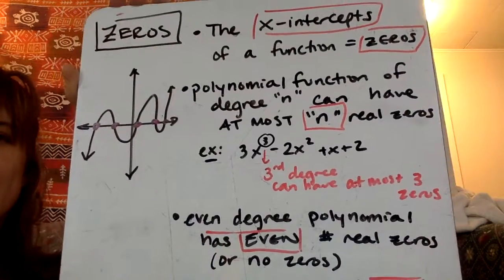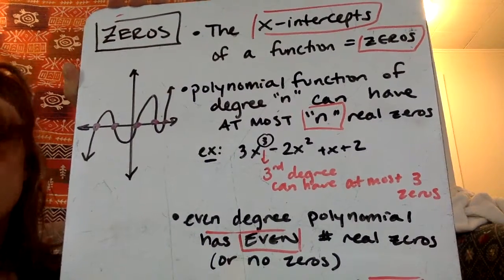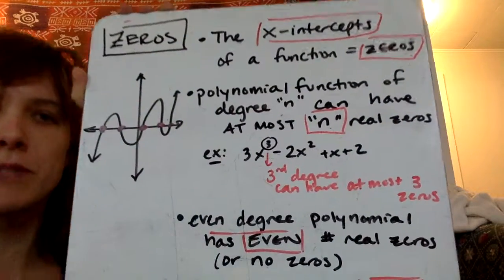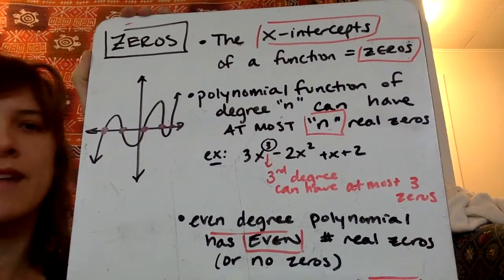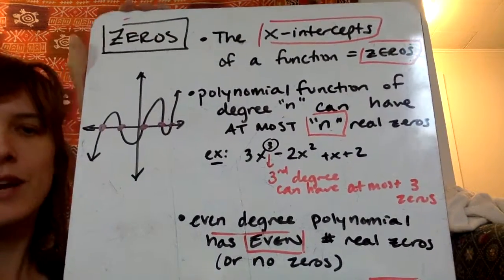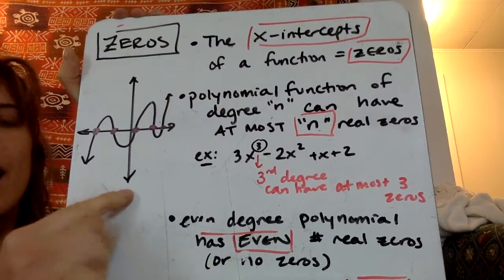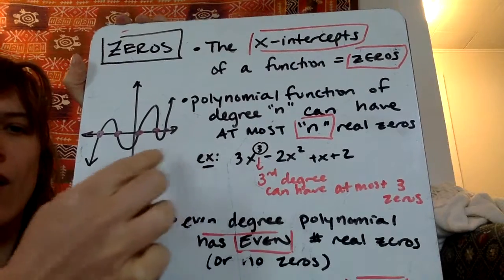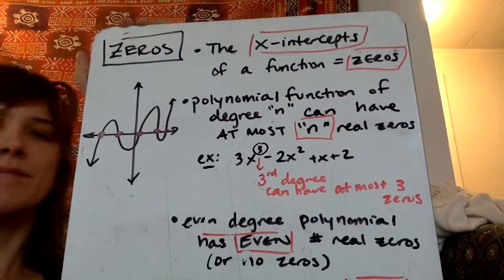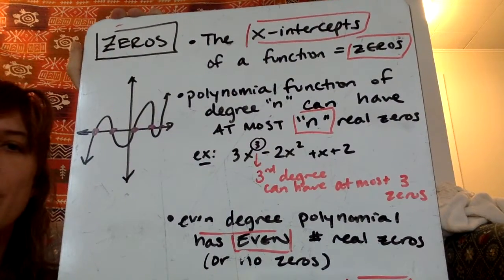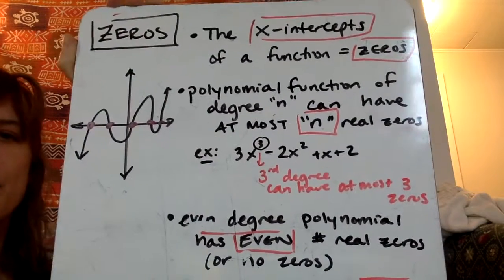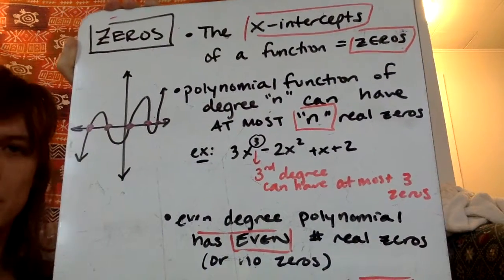Okay, so the last thing I really want to review with you, as well as introduce a little bit of new material, are the zeros of a function. And so I graphed out a function right here, it's a little squiggly, and I marked in pink all the zeros. So the x-intercepts, or where the graph crosses the x-axis of a function, these x-intercepts are also known as